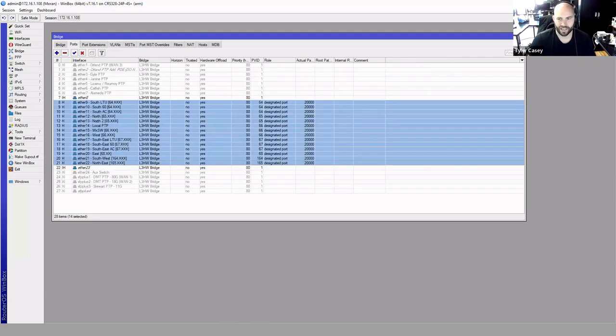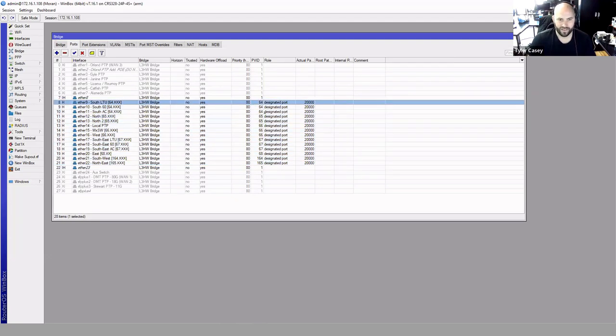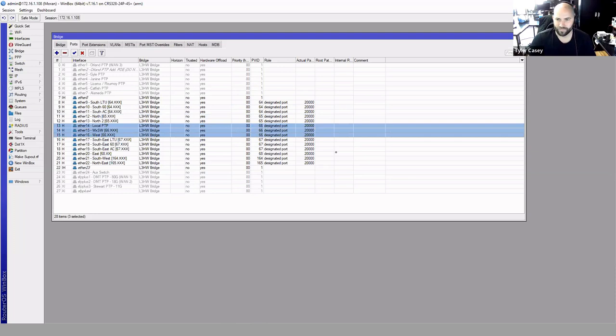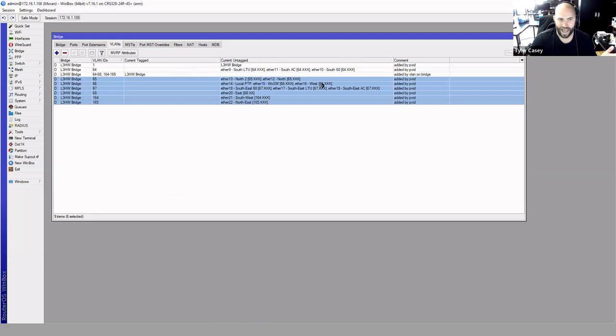So all of these are the actual physical ports that are assigned to the bridge. And you can see that there's a cluster of 3 that have the same VLAN ID. These have the same, those have the same. And that's because they're sharing the same subnet. So they're on the same VLAN. So just assigning them the same VLAN ID over here automatically adds them to your VLAN table tab, which